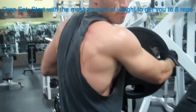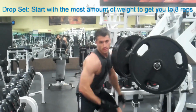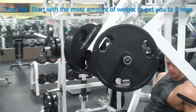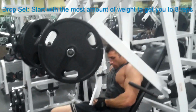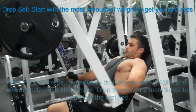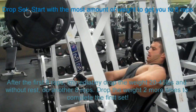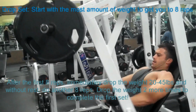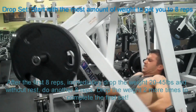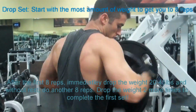Drop the weight right now and then jump right back into the next set. So we're going to lower a 45-pound plate and another 45-pound plate and just jump back on and keep going. Drop the weight one